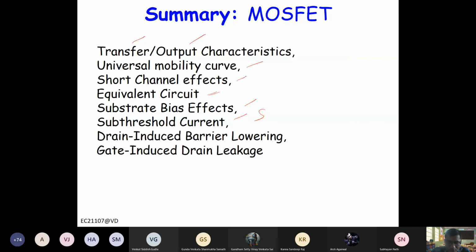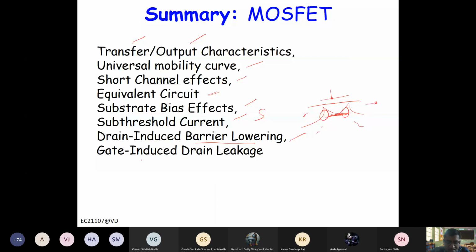And you can also look at it in terms of, let's say this is very short and you have a gate voltage here. Then if you see the depletion region, and then your drain voltage here, there is some kind of charge sharing. Not all the charge below the gate is controlled by the gate. The charge near the source and drain end is controlled by the source drain biases also, right? So that model is also responsible for some of the phenomena.